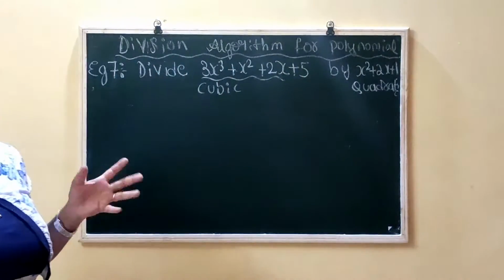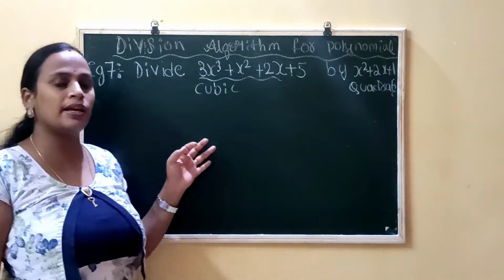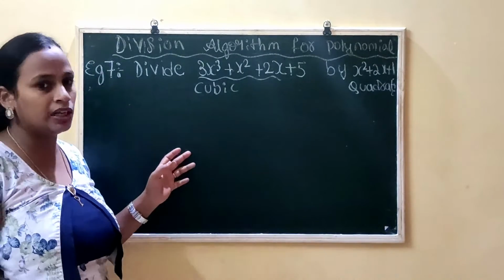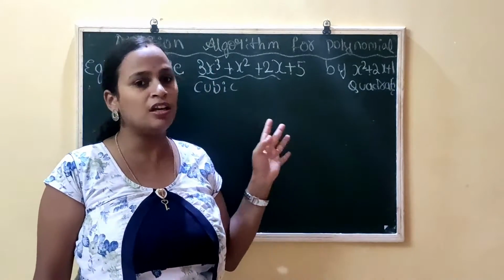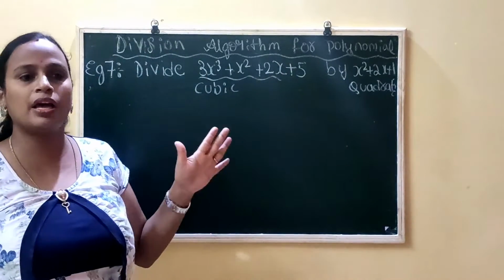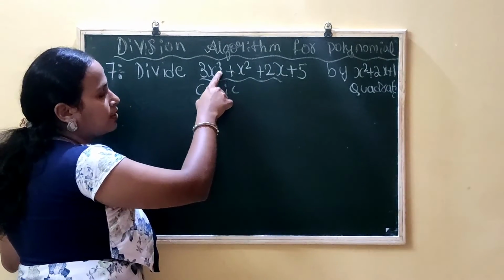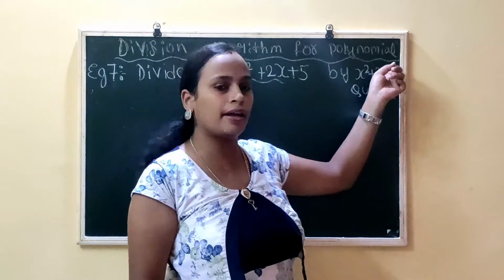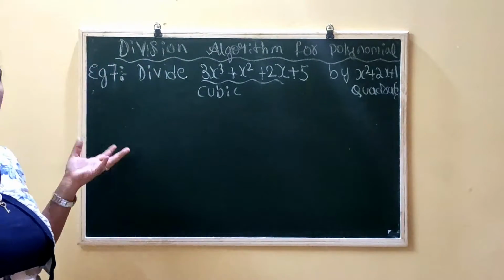So what have we already discussed about the division algorithm? What is the prerequisite? We need to arrange the terms of the divisor and the dividend in the decreasing order of the degree. So this will be the dividend and this is the divisor. We need to check whether the terms are arranged in the decreasing order of the degree. Yes, here 3x cube, x square, x and x power 0. Whereas here x square, x and x power 0. The terms are already arranged, so we need not do it, we just have to check it.